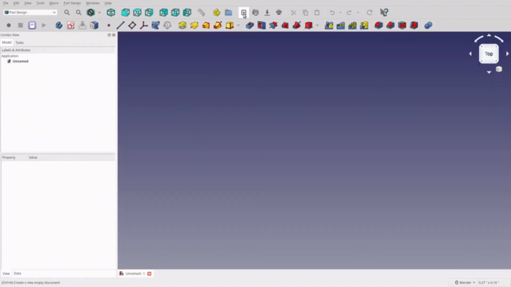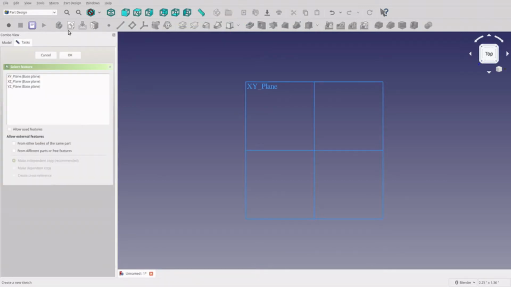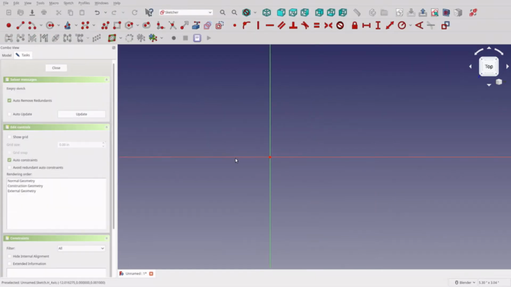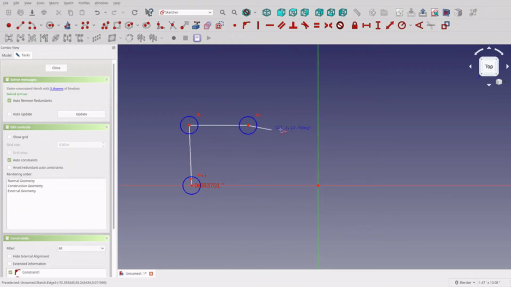So we create a whole new model, and we're going to do it in the Part Design workbench. We're going to add a body and a sketch. I'm going to create the sketch on the XY plane for no particular reason other than it seems comfortable to me. And we're going to start out with a Bezier curve. And we're just going to make an approximation of the shape, but I am going to constrain it to the two axes. You see the constraint indicator. I'm going to use three